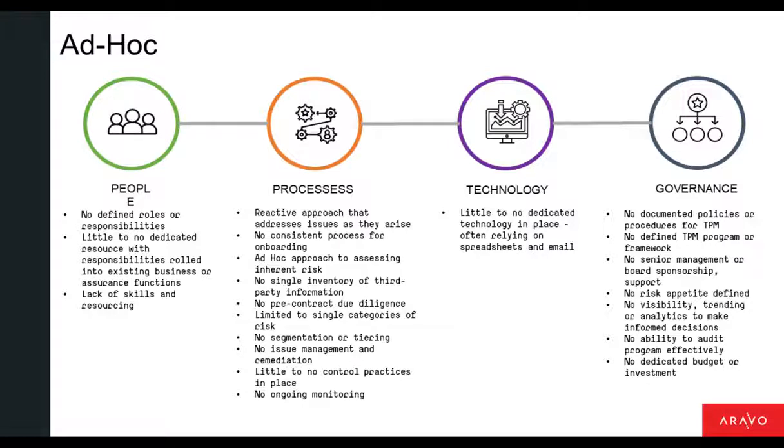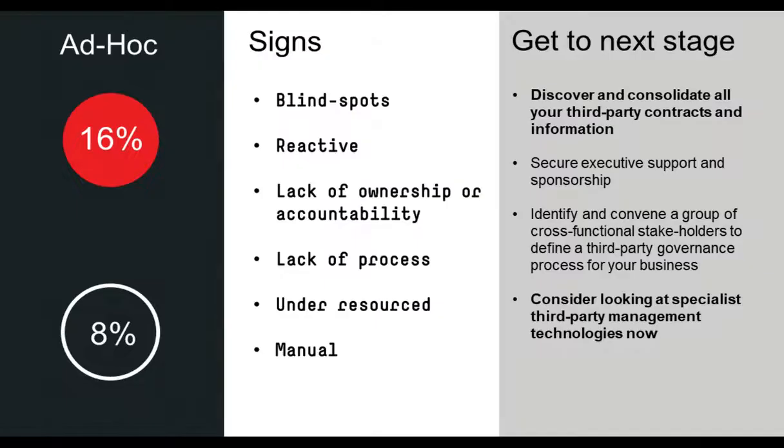At this stage, you're finding things are very document-centric, relying on contract language. There's no due diligence, for instance, before starting relationships in most instances. And again, I've touched on this, there's no real single inventory of third parties. As we noted, 16% of respondents said that they're at this stage, but what is slightly scary here is that 8% of respondents with programs in place for more than 10 years said that they're at this stage. Don't be that guy. You want to be able to mature and continue on your journey.